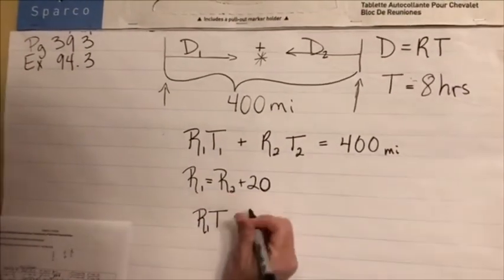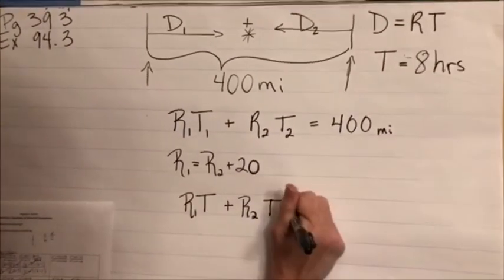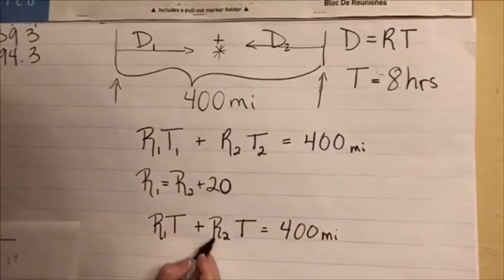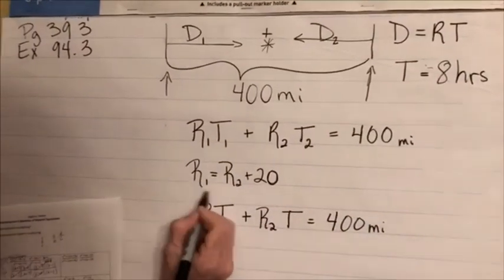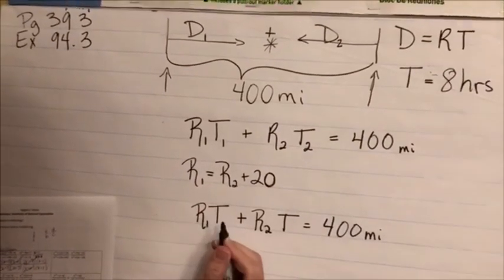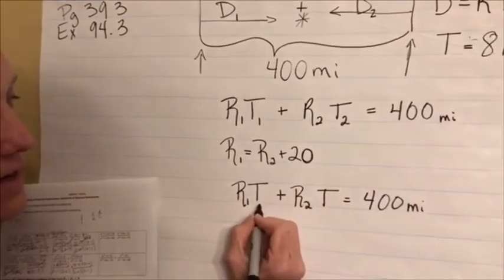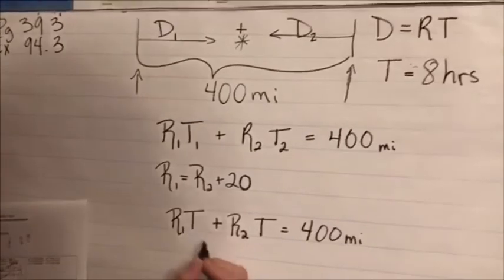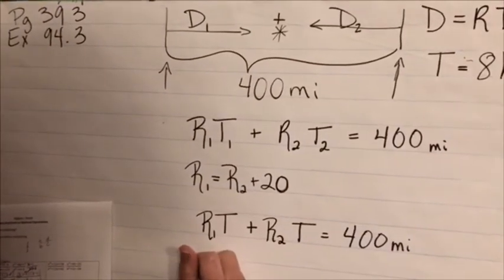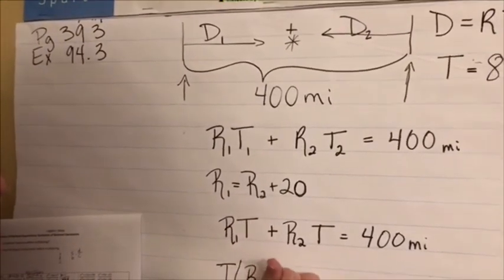Plus the rate of the second ship times time equals 400 miles. Now, instead of putting R1, I'm going to substitute R2 plus 20. This is going to have to be in parentheses multiplied by time. So instead of R1, we're going to say time times (R2 + 20)